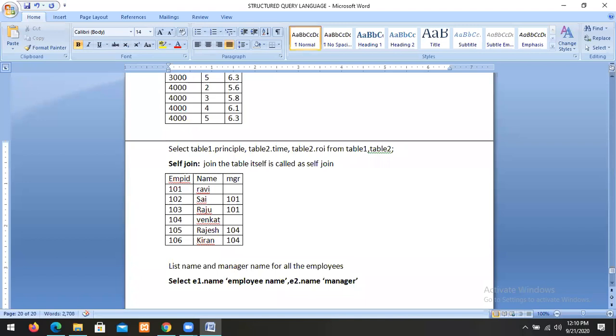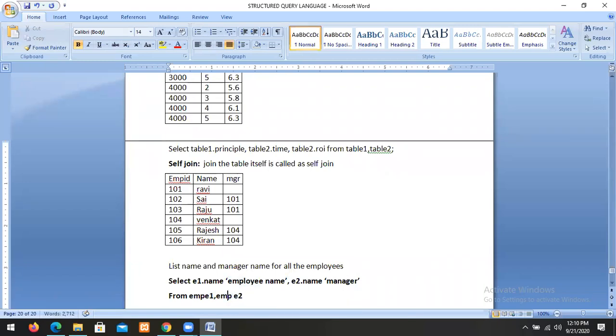So the alias is just the column name that will be displayed in the output. So select E1.name, comma E2.name, from EMP E1, comma EMP E2.